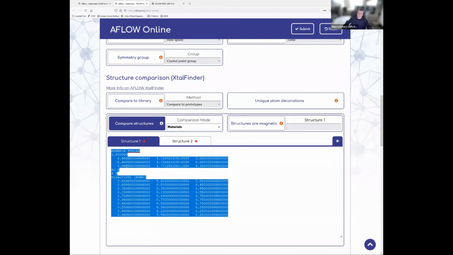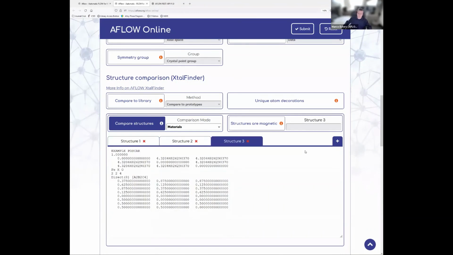I'm just copying over the aluminum oxide structure, adding a new structure with a plus button, and just pasting it, and just changing aluminum to iron. That's all I'm doing. So there's three structures, two that are completely identical, but with different elements. And here's a structure that we don't know anything about. So when we do comparison mode with materials,